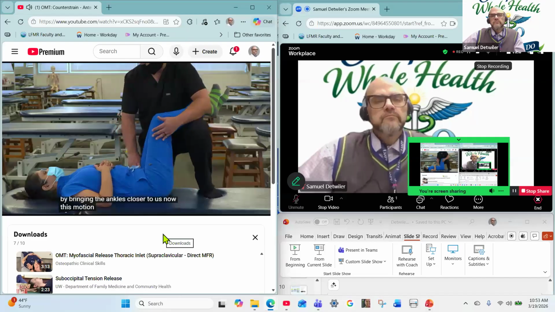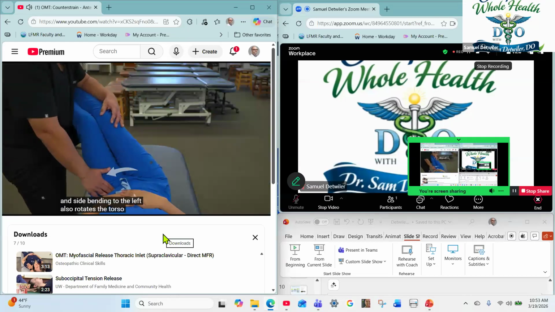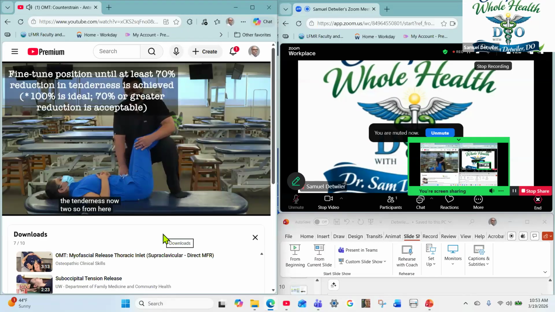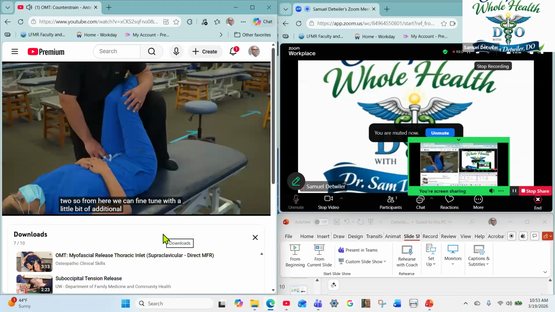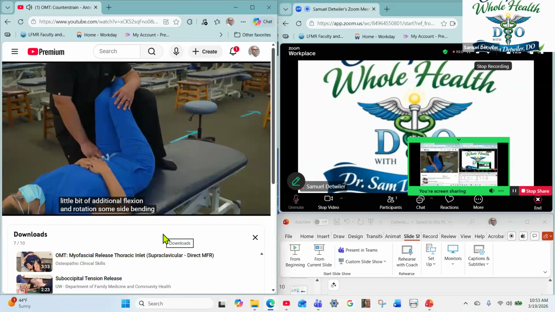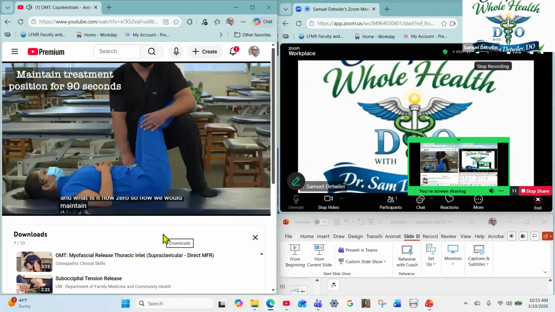Now, this motion of rotation of the pelvis to the left and side bending to the left also rotates the torso relatively to the right, which shortens the muscles that are contracted in this instance. So now that we've achieved the treatment position, we're going to compare to our original pain scale. So compared to the original 10, what is the tenderness now? It's a 2. So from here, we can fine tune with a little bit of additional flexion and rotation, some side bending, and what is it now? A 0. So now we would maintain this treatment position for a total of 90 seconds,